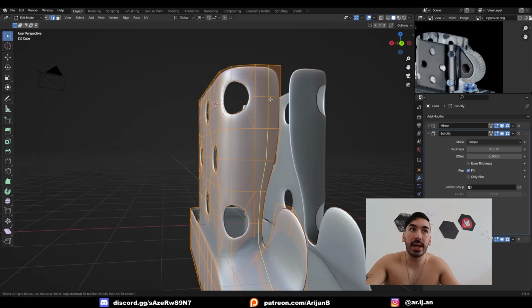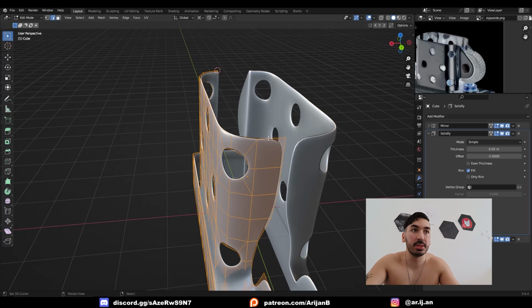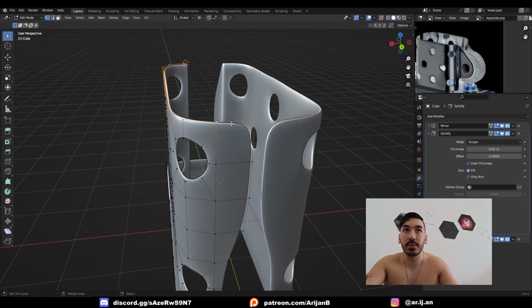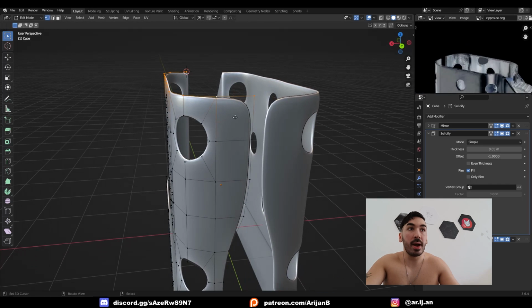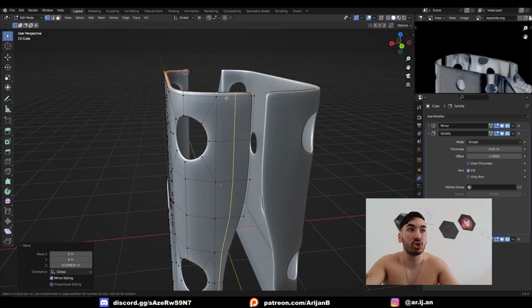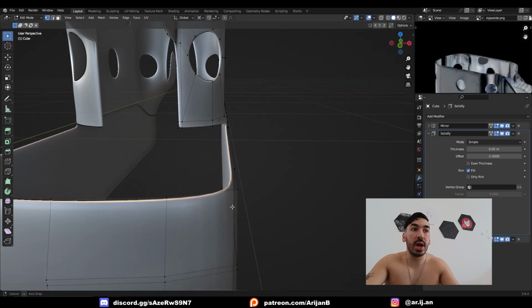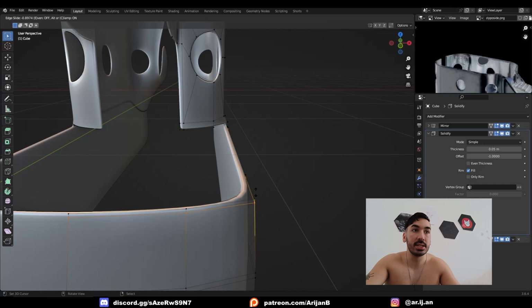Now you might have to add some more loop cuts to control the shape a little bit better, because right now you have some very round and soft corners here, but this corner needs to be very sharp. So you might have to extrude this one more time and bring some extra geometry over here. I'm also going to add another loop cut over here because I want this entire edge here to be a